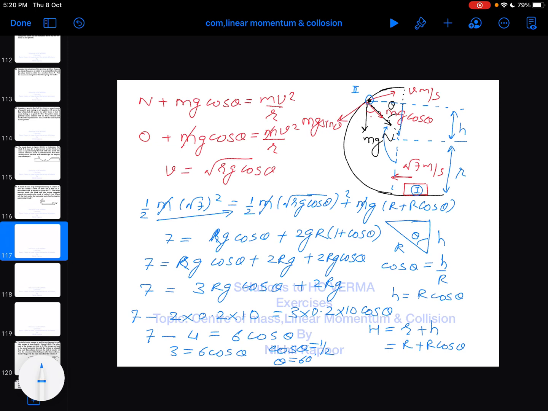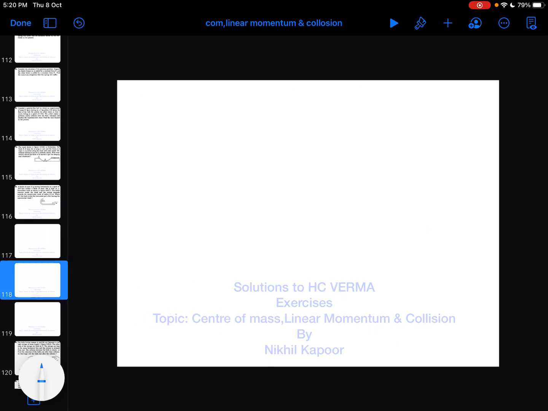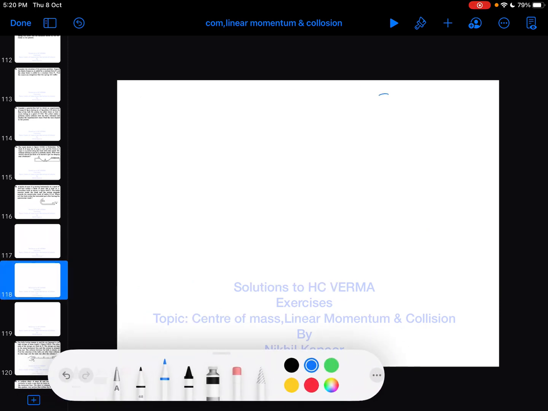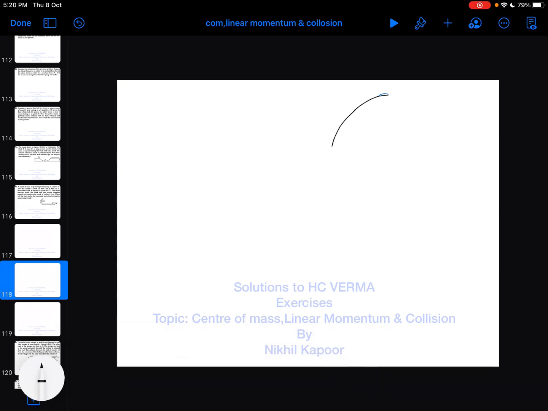Now we have got this. Now let's take the next page. Now here again I will draw the circular track, and now this part will be of the projectile motion. As it is losing contact from this position, which is making an angle 60 degree, no doubt its velocity is along the tangent, but due to constraint, as the track is not allowing it to go here, the complete velocity will be in this direction.